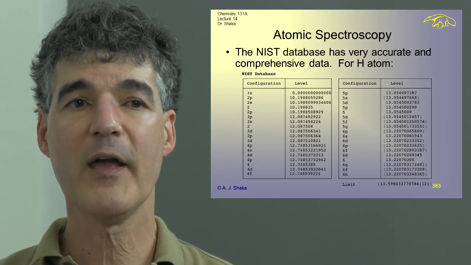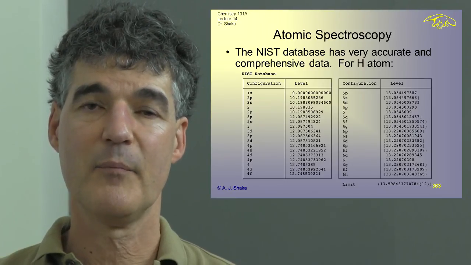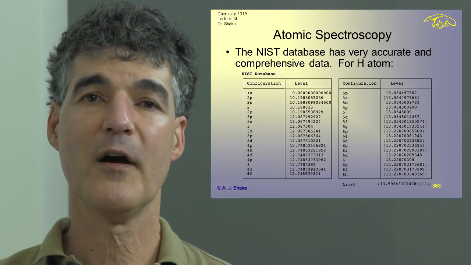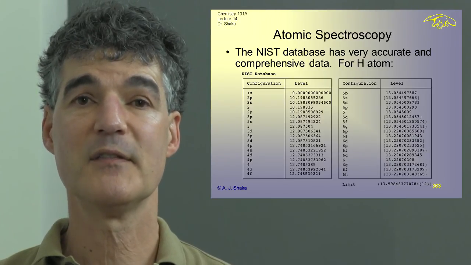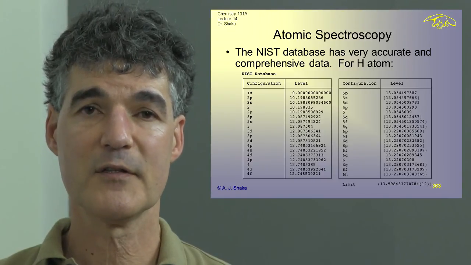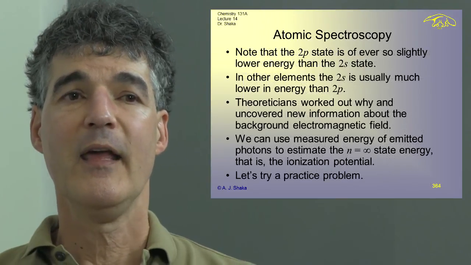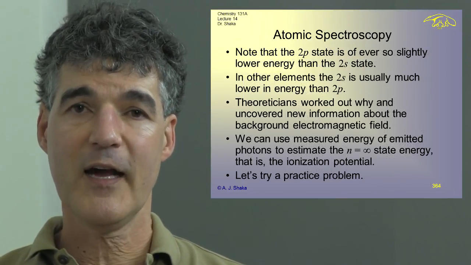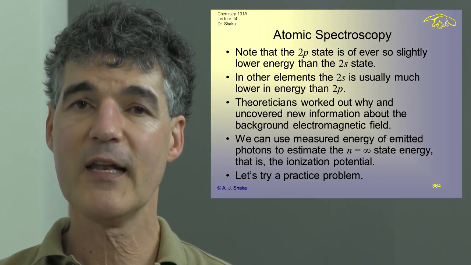And they go all the way up to 6H. So in the periodic table, we don't go beyond F, but if we go to excited states of atoms, it's easy to go very high and to have very high values of the angular momentum L. If you look closely, you find out that the first 2p state that's quoted is ever so slightly lower in